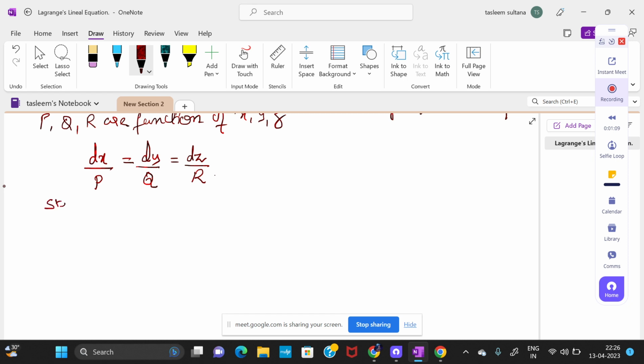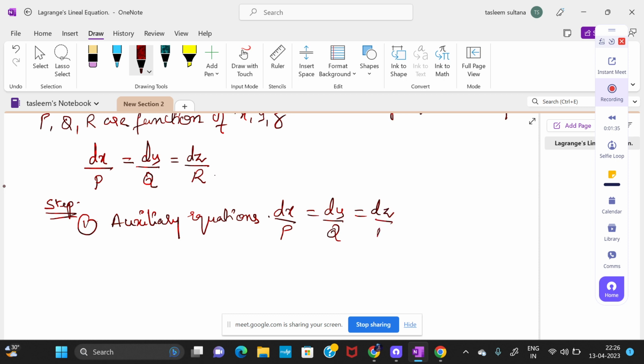Steps for solving this: the first one, we are going to write the auxiliary equations, that is nothing but dx divided by p is equal to dy by q is equal to dz by r. Now the second step: from these, you are going to take any two equations,